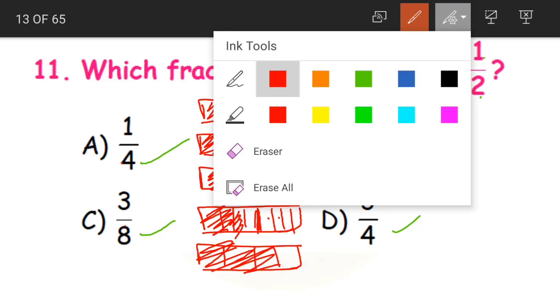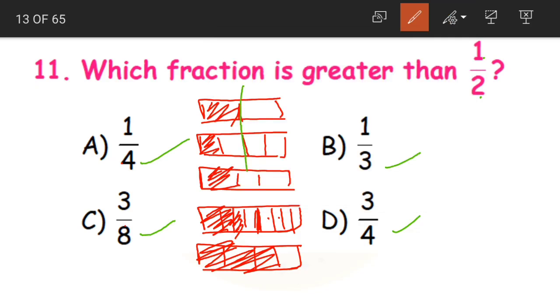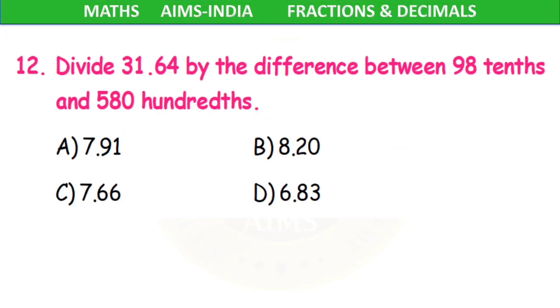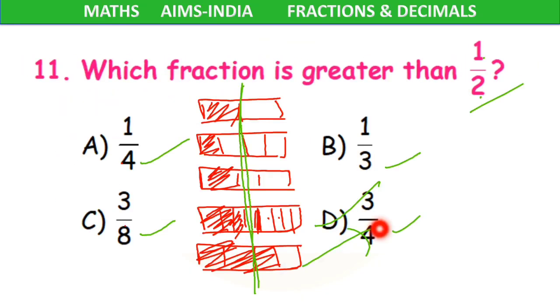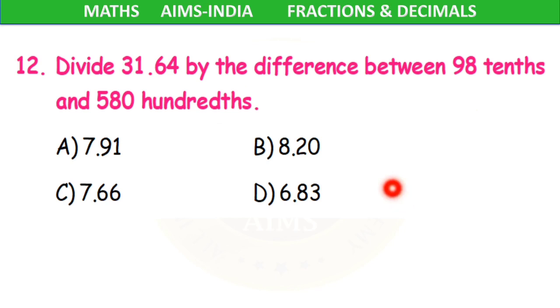Now from this, can you tell me children which is greater than 1 by 2? See, the green line here is the line of 1 by 2. Now which fraction is representing more than 1 by 2? 3 by 4, the last one. So the fraction 3 by 4 is greater than our fraction 1 by 2. Or else we already know how to compare fractions, right? Yes, you can take the LCM or else cross multiply them and compare as in which is the greater fraction. But for now, option D 3 by 4 is our correct answer.